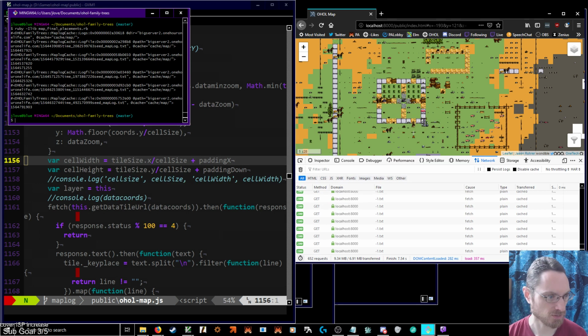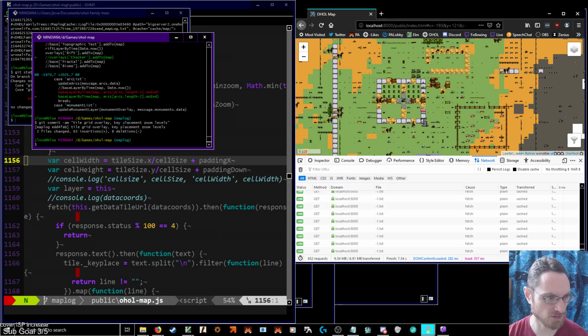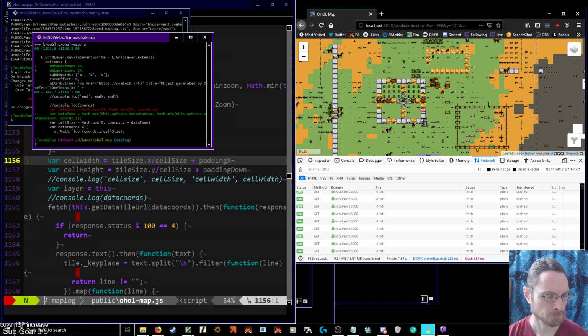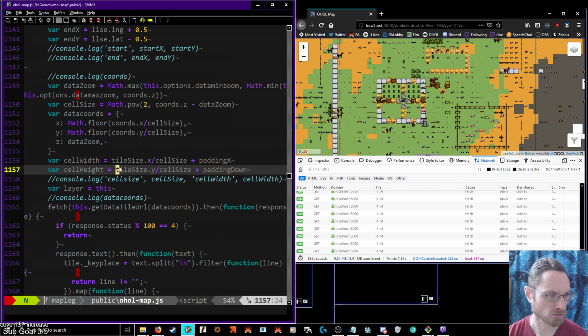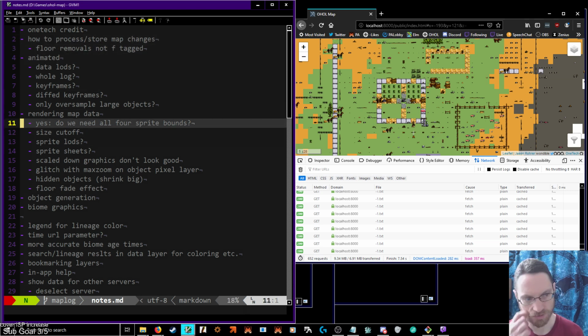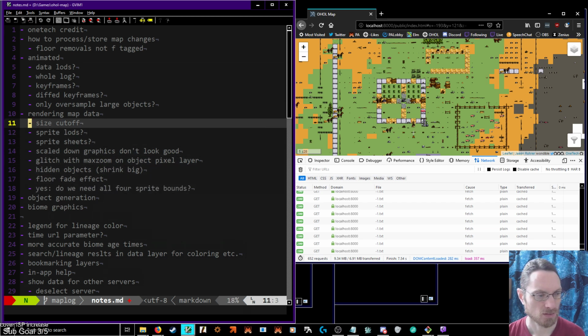So we reset the reactor. I think we're going to stick with that. Maybe we need to do some experimentation on the other side. Notes. So rendering, that's still an open question. Size cutoff and